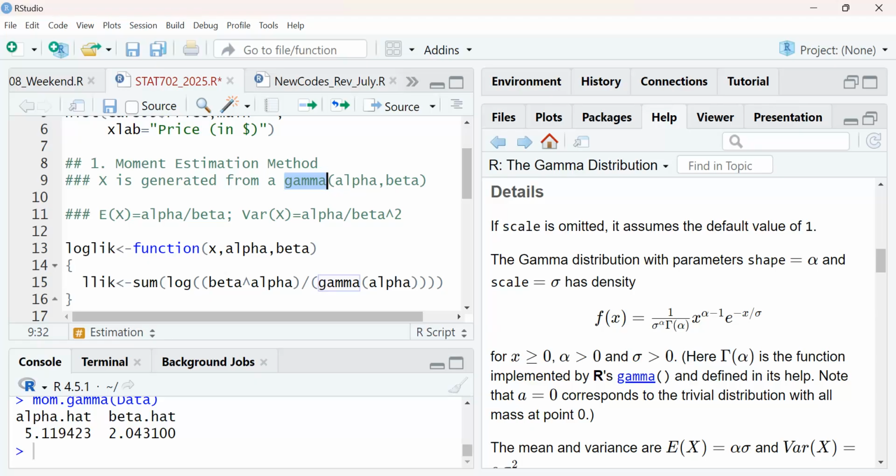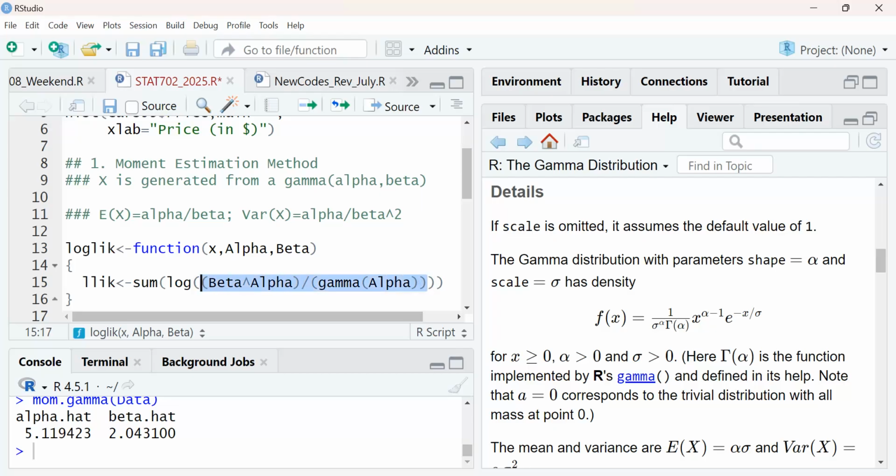R doesn't know whether it's a function or the inbuilt function, so you have to be alert on some of these things. That's why I was saying that we should maybe make this beta, so that it distinguishes from what I will store in there. So in that case, all this will be alpha, and then beta, like this. Okay, and then this one is alpha, like that. Then within the log, we also have x to the power alpha minus 1. So all of this, I can put all this.